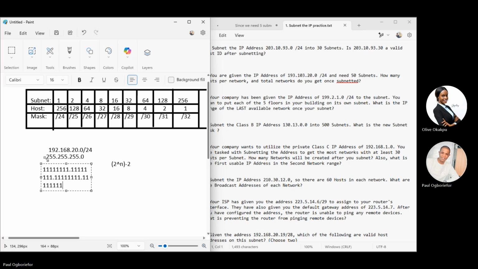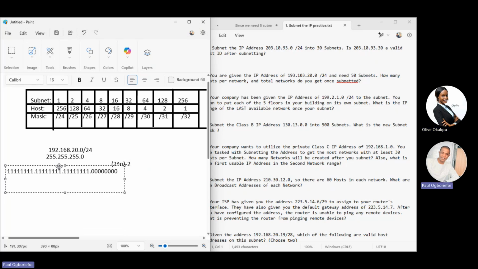The last one will be zeros, 1, 2, 3, 4, 5, 6, 7, 8. Do you agree with me? Yes, I do. So this is the default. Now, if you are borrowing 2 from here,